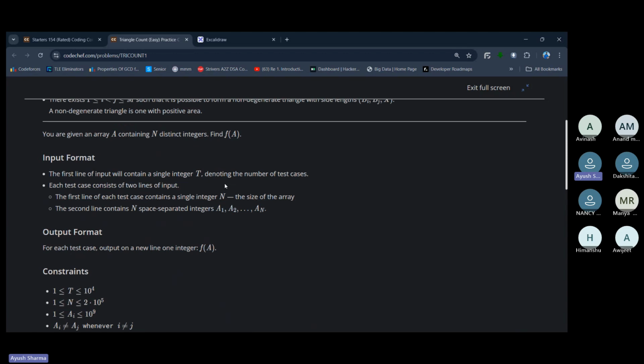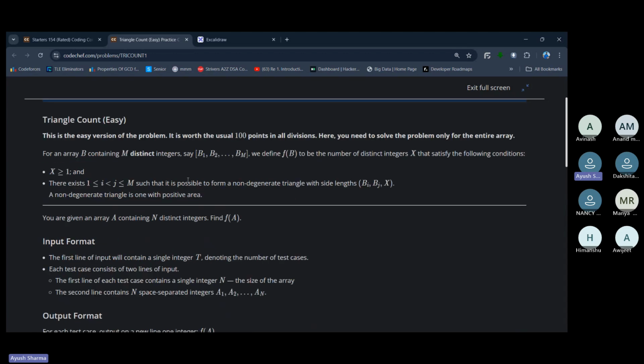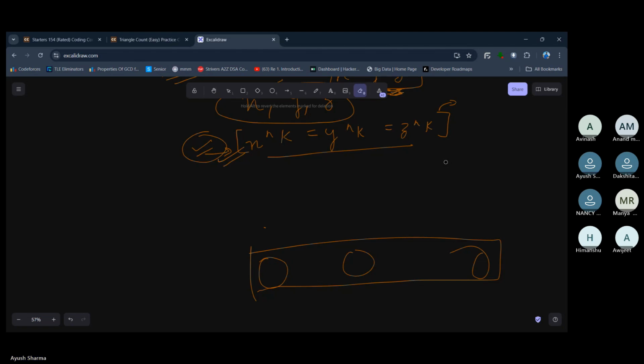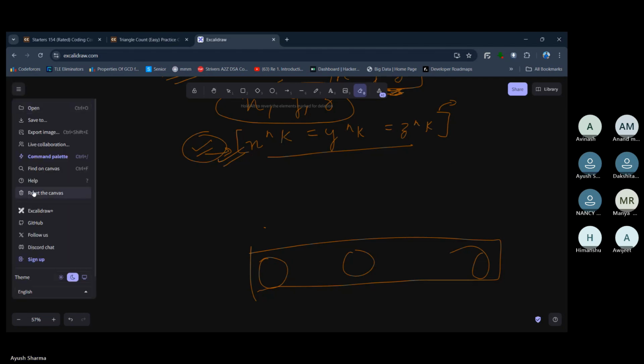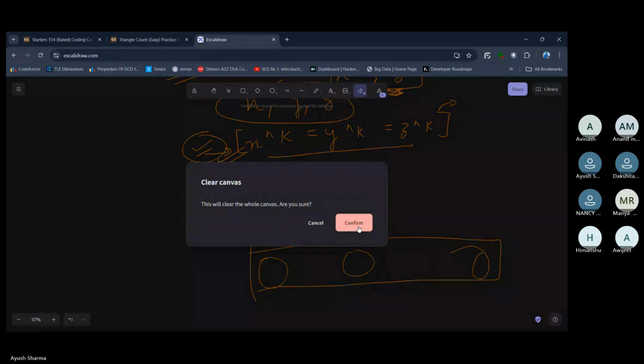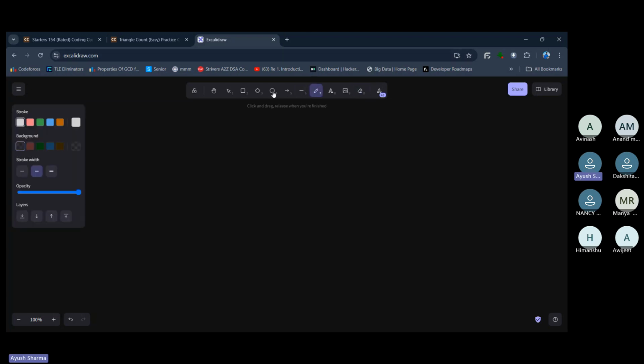Okay, so you are given an array. And what is f of a? f of a is, yes, here, all the values of x which satisfy the condition. Okay. So like, let me explain the problem statement first. The problem statement says that,